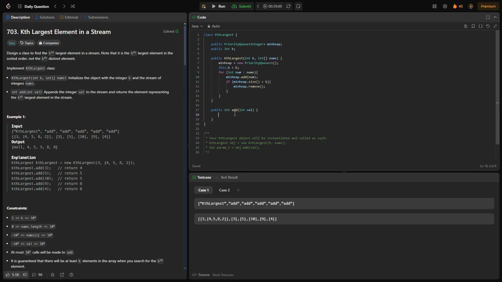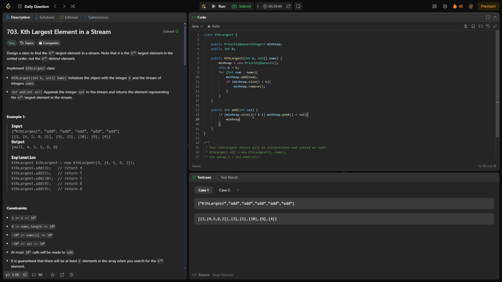After that, we are then going to do our add function, as we're going to add the first 3, or whatever the next integer is. In this case it happens to be 3. So what we're going to do in our add function is first check if our minHeap.size is less than k. We can add another integer because we need the kth value. Or if our minHeap.peek is less than val, we are going to add it to our min